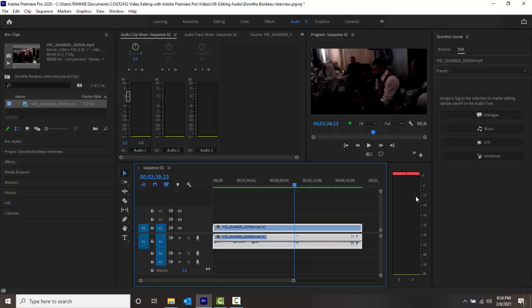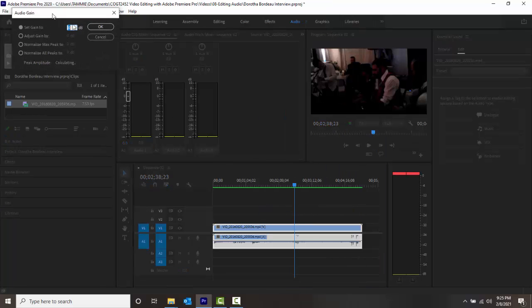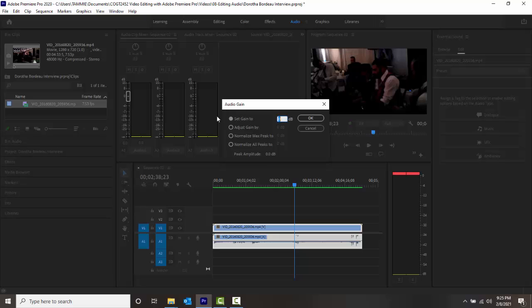Normalizing the audio is very similar to adjusting our gain, except that when we normalize it, we're letting Premiere Pro do it analytically instead of a manual adjustment like we did with our gain. So to normalize the clip, I'm going to pick on my clip and right click, and I'm going to go to audio gain, and bring in my dialog box here,